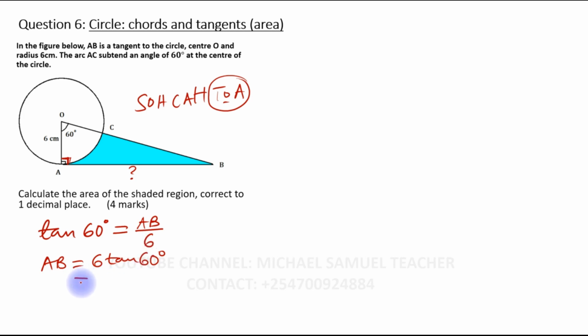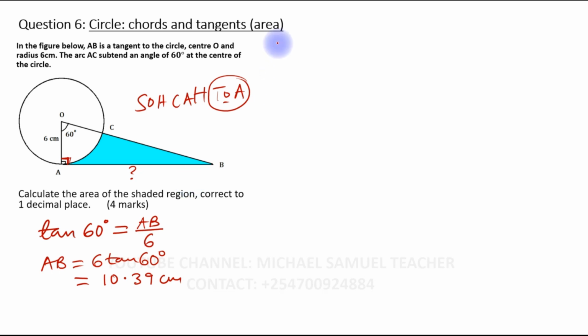So using your calculator, 6 times tan 60, we get 10.39 centimeters. It's not good to round off to 1 decimal place here, but the final answer is the one we are going to give to 1 decimal place. Otherwise, we are going to incur some errors. Therefore, we already know AB. Now we can get the area